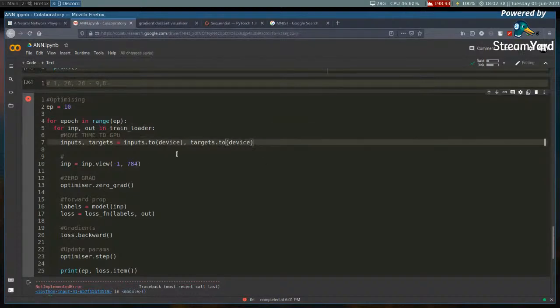Train loader done. Inputs and outputs is inputs. Convert to targets. Output is out. Convert to targets. After that, inputs is equal to